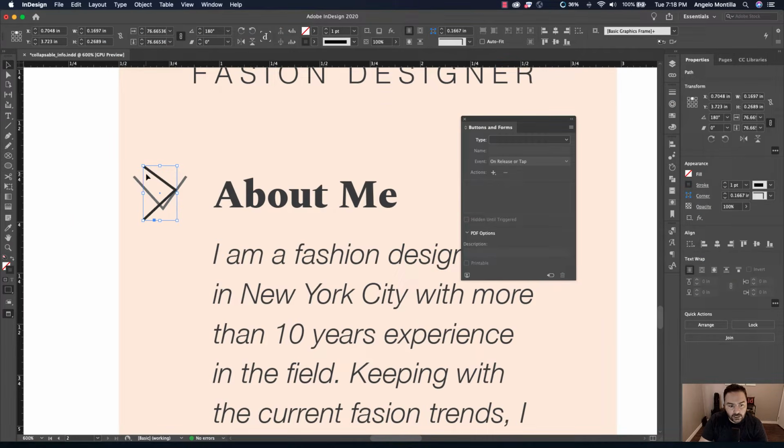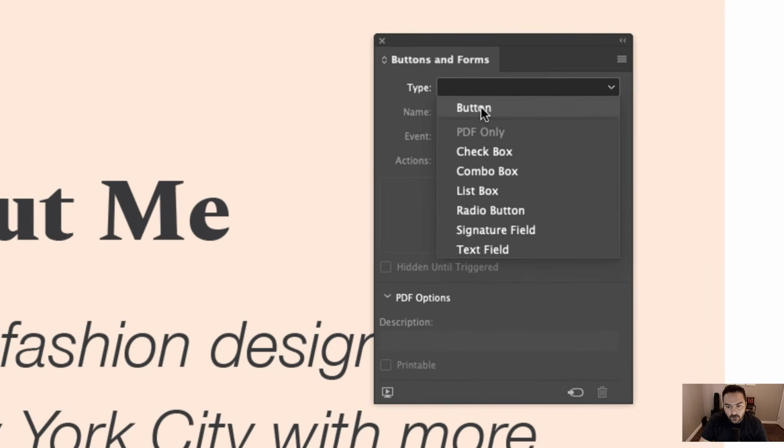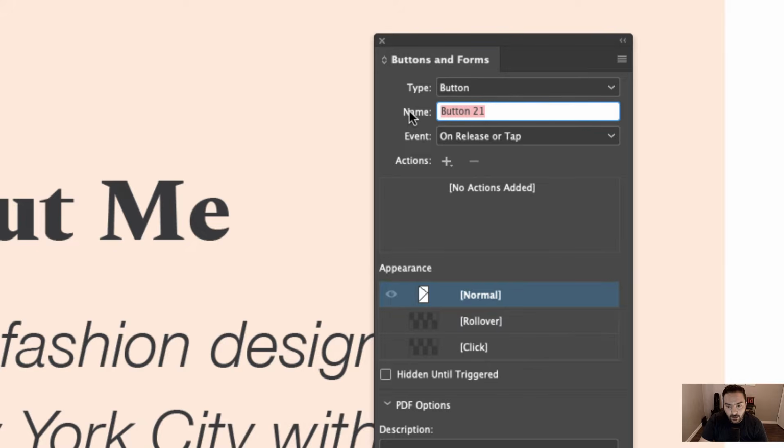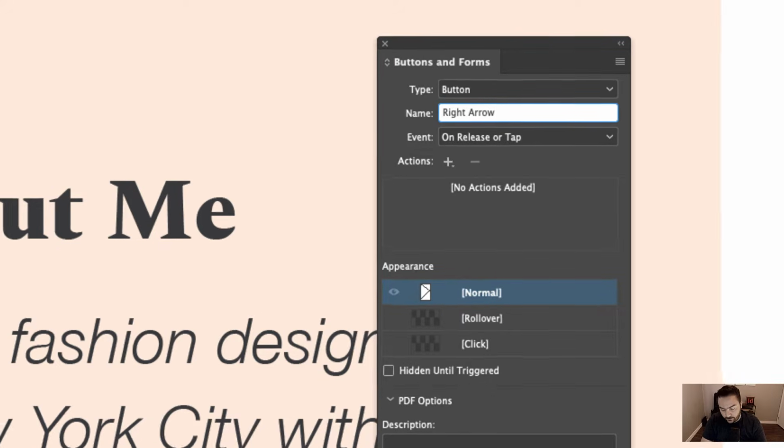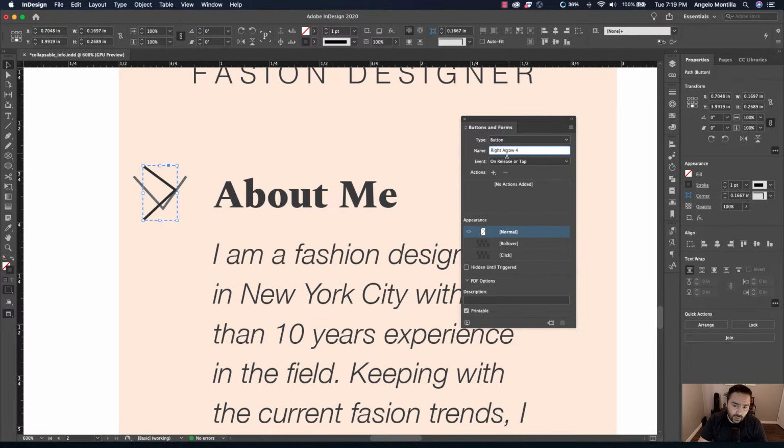Click on your selection tool and then click on your right arrow, and we want to turn that into a button. And I'm going to call this one right arrow 4. I'm only doing that because I've created right arrows in the previous page that I showed you, so I don't want to have any confusion.